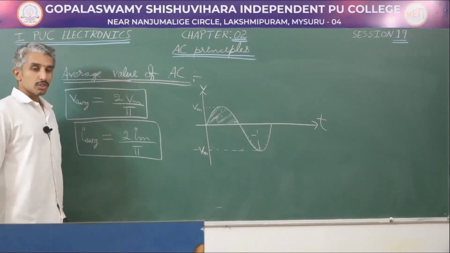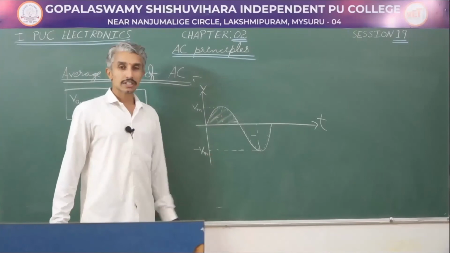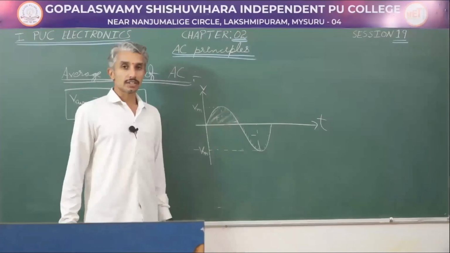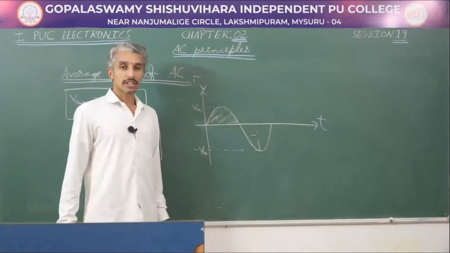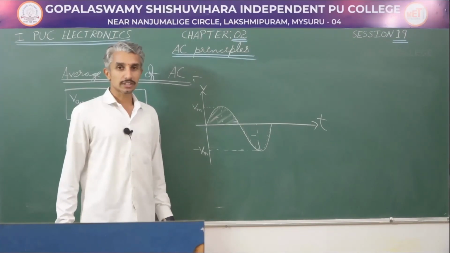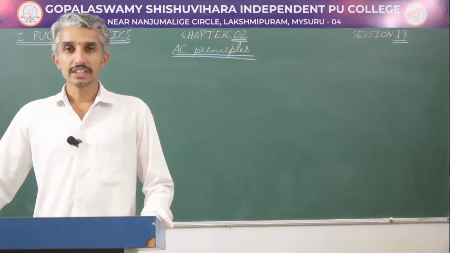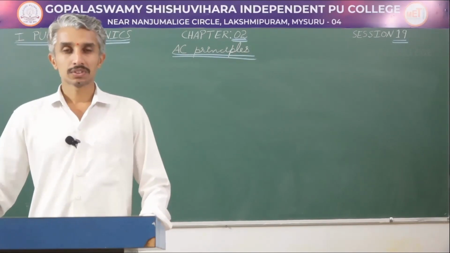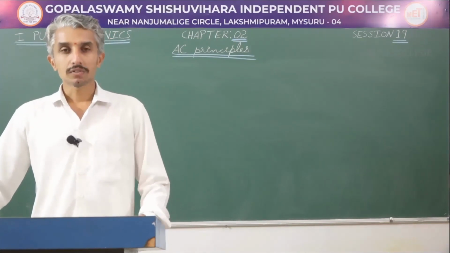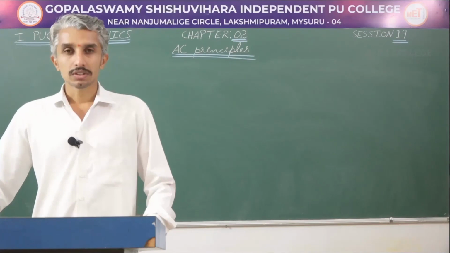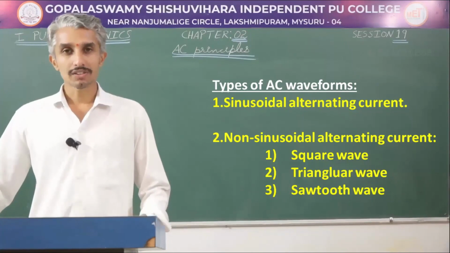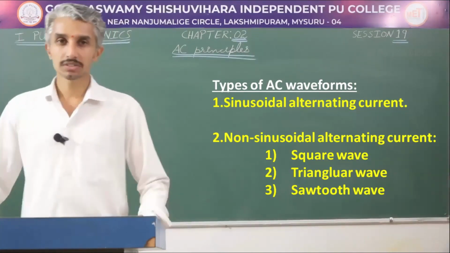After this, we will look into different types of alternating voltage. What we have studied all the way till now is a sinusoidal alternating current or a sinusoidal alternating voltage. We have other types of alternating current as well. While defining alternating current, we said that its magnitude and polarity keep changing. Well, we have different types of alternating current. One that we have studied now is the sinusoidal alternating current. Let us see what the other types are.